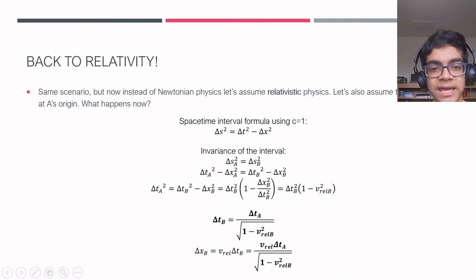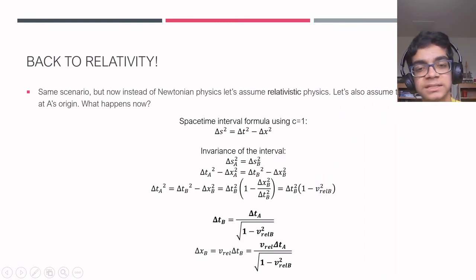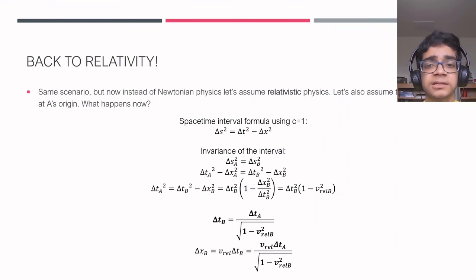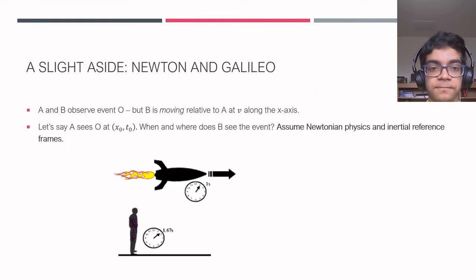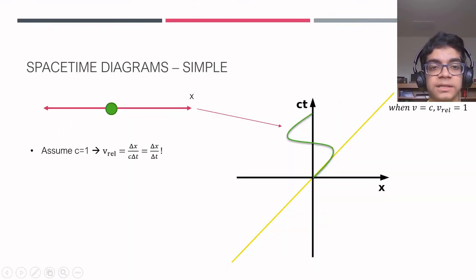So delta t_A squared is thus equal to delta t_B squared times 1 minus v squared, the relativistic speed of B. Now, we can divide both sides by this expression, take the square root, and we get that the change in time for observer O for B is the change in time for A divided by the square root of 1 minus the relativistic speed of B, where the relativistic speed of B here is just going to be this expression, delta x divided by c delta t, but here we're setting c to 1,